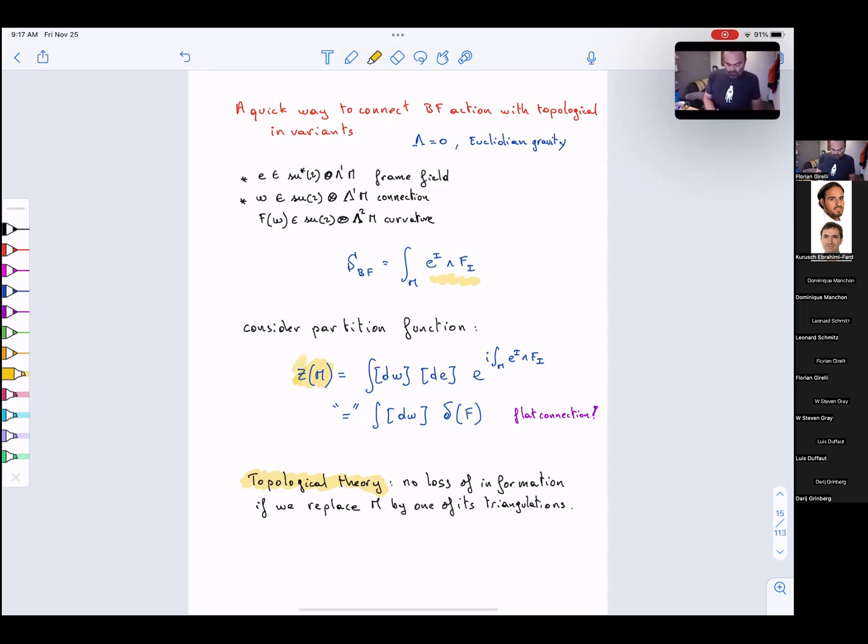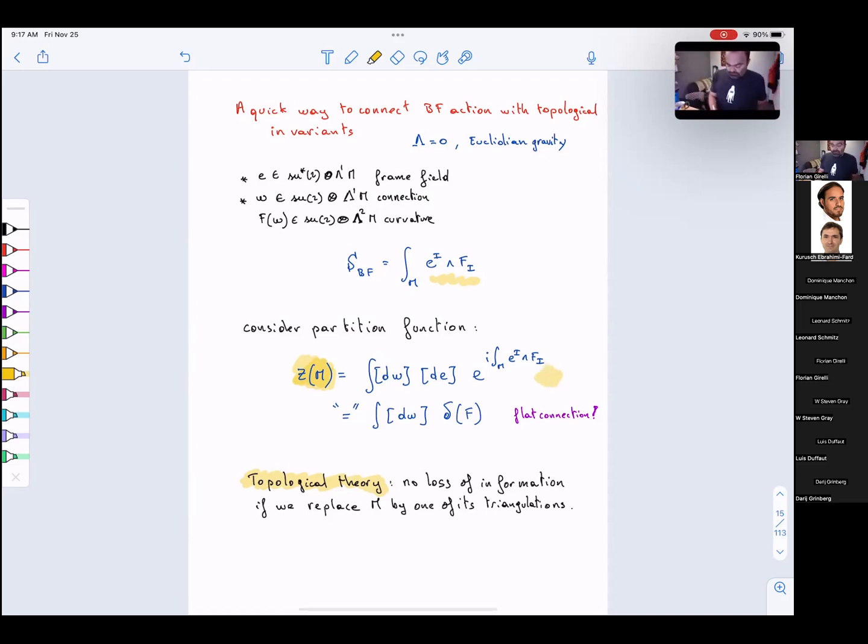So we look at the quantum theory. So we look at the partition function. We start with a given manifold, M, a 3D manifold. Here for simplicity, there will be no boundaries. I don't want to go into too much detail. And so strictly speaking,